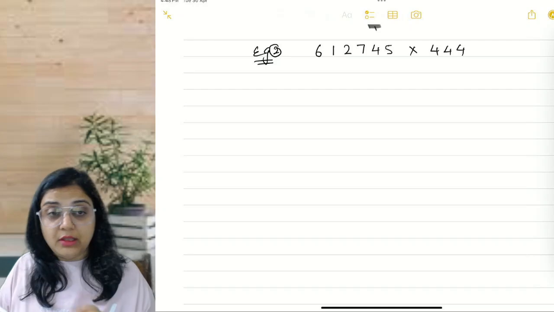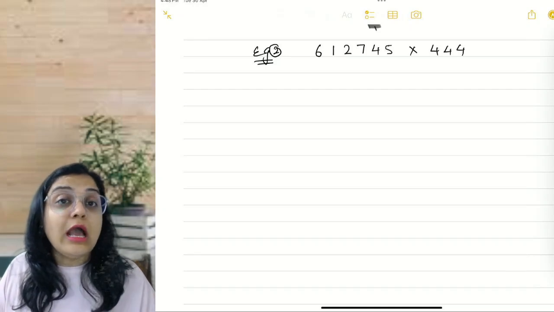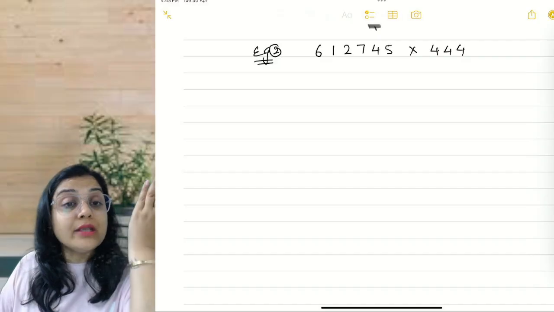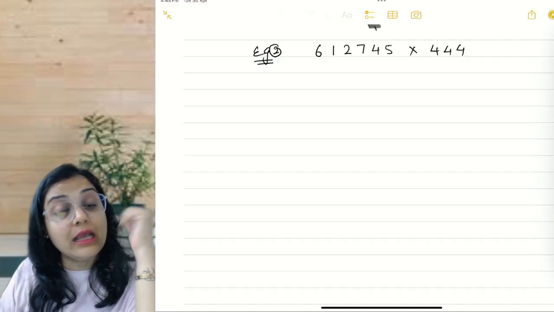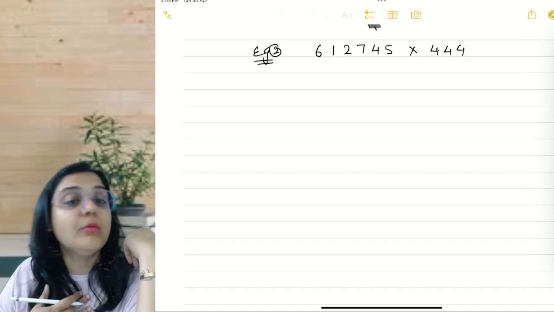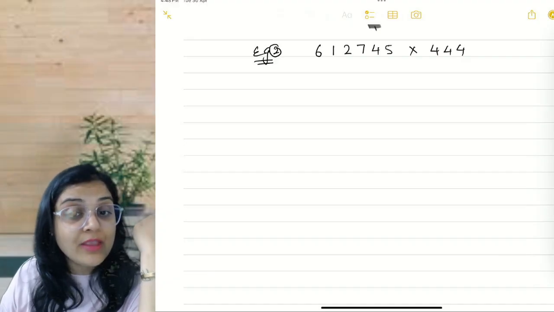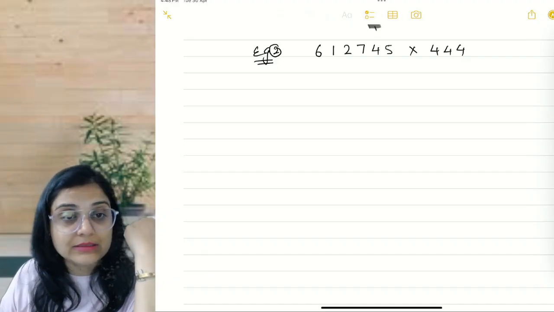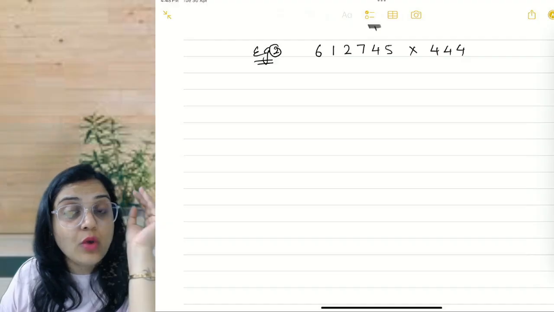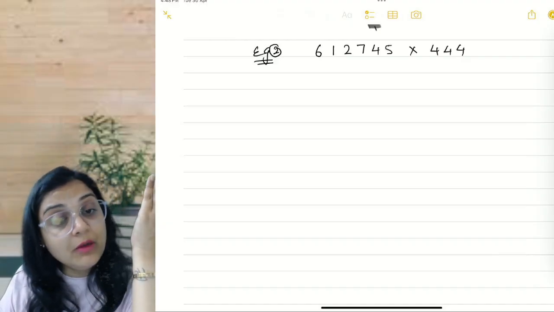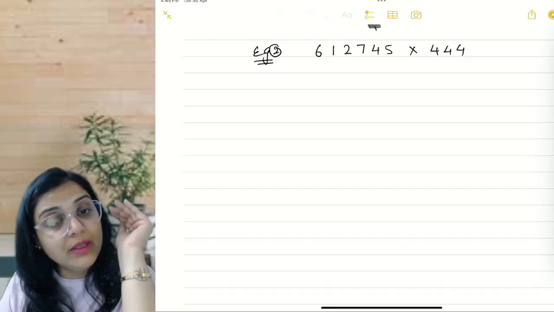Let me tell you one thing. While writing the question, I am not even thinking about whether the question will come out to be a carry problem or not, because I firmly believe that you have practiced a lot of questions where you were balancing the carries, right? So I am not even thinking about whether the question framed will be a carry question or will not be a carry question.